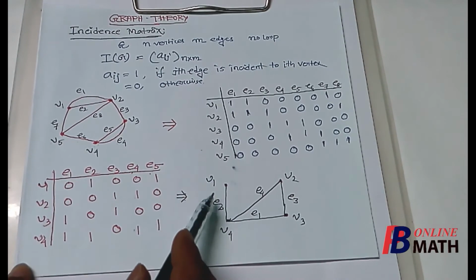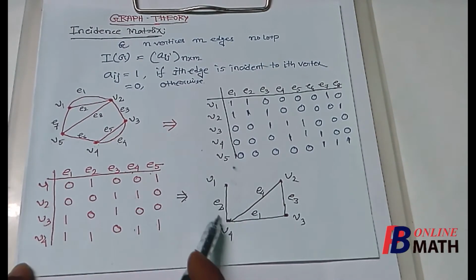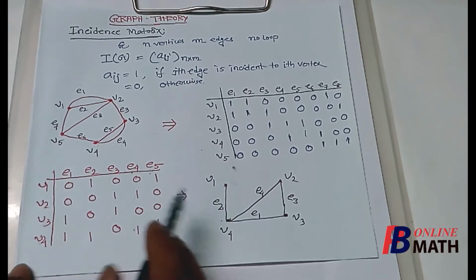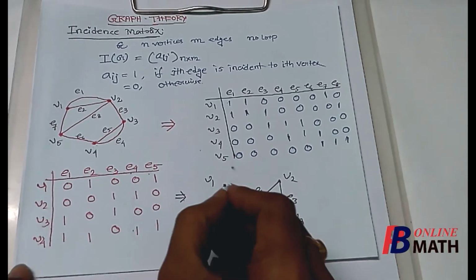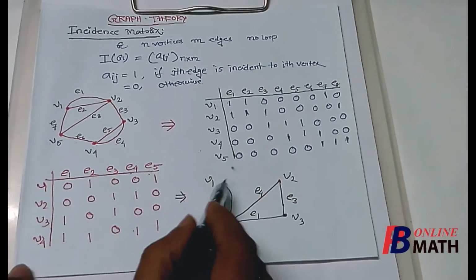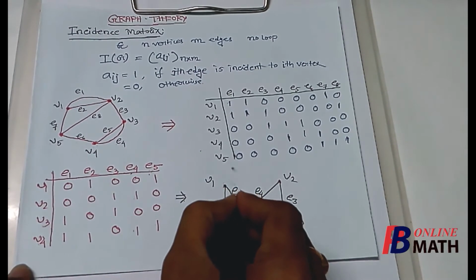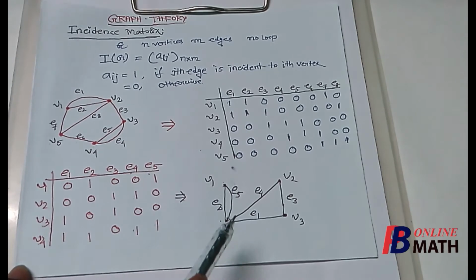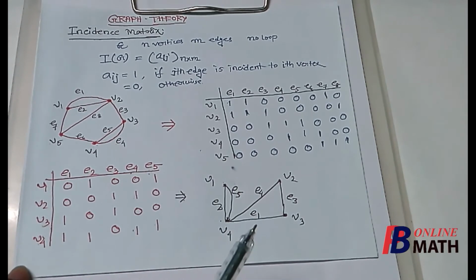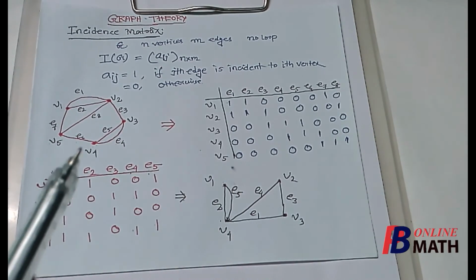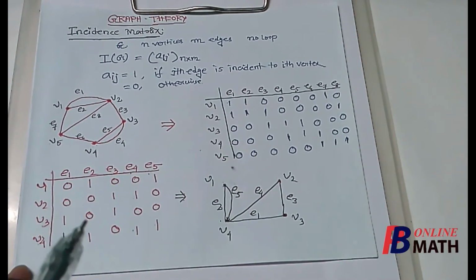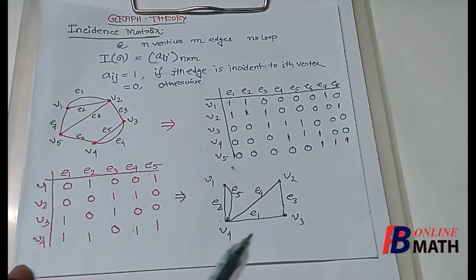Now we find that there is already one edge between V1 and V4, but here we find that E5 is another edge between V1 and V4. So there exist parallel edges. So there exists one more edge between V1 and V4, which will be denoted by E5. So thus we have plotted all the edges. So this is our required graph whose incident matrix is given by this matrix. So thus if a graph is given, we can find its incident matrix, and if incident matrix is given, then we can easily find a graph.